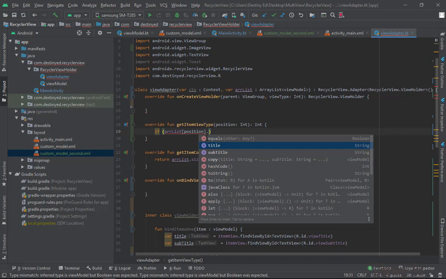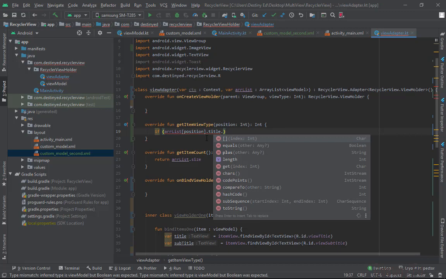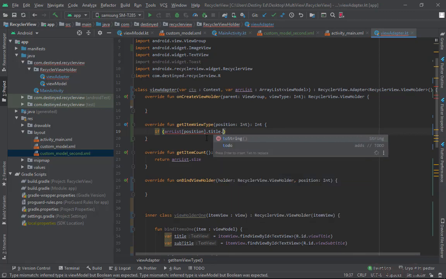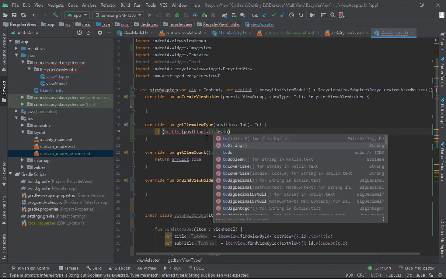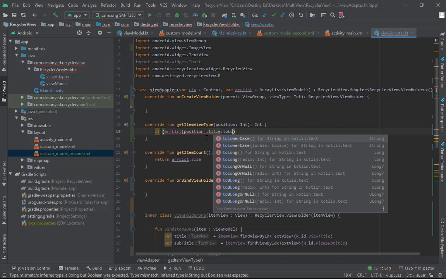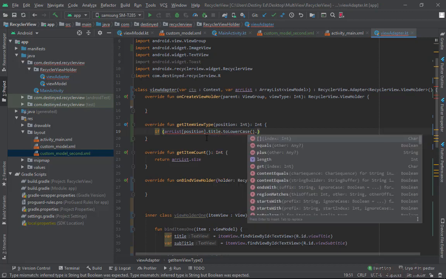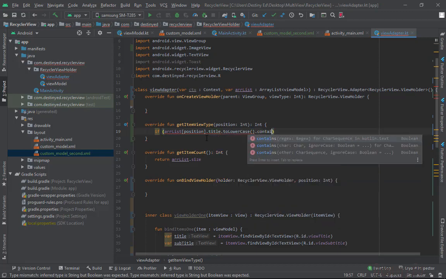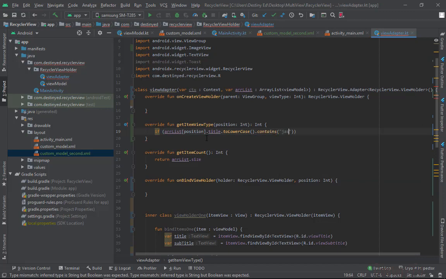Assuming we want to get the subtitle, which is some other language, but in this case we are using JavaScript, so I will say title, then dot lowercase, so I will say contains, so if it contains JavaScript,